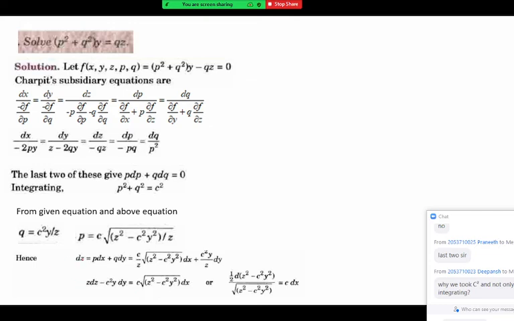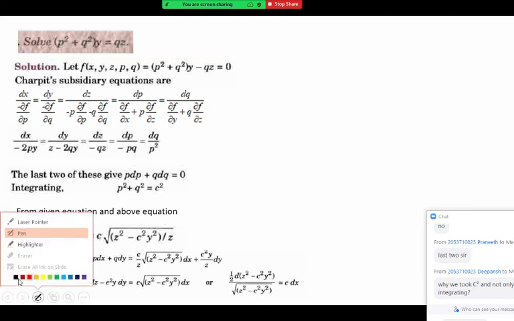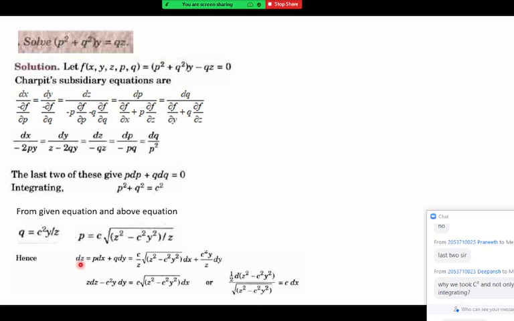So what is done here? First, cross multiply by z. So you'll observe this is z dz. I'll show you here. This denominator z is cross multiplied, so it becomes z dz minus c square y dy. C square y dy is equal to this term as it is, and now it should be in variable separable form. Now you'll observe z and y terms on LHS and the terms of x on RHS. So it is in variable separable form. Once it is in variable separable form, we can integrate.